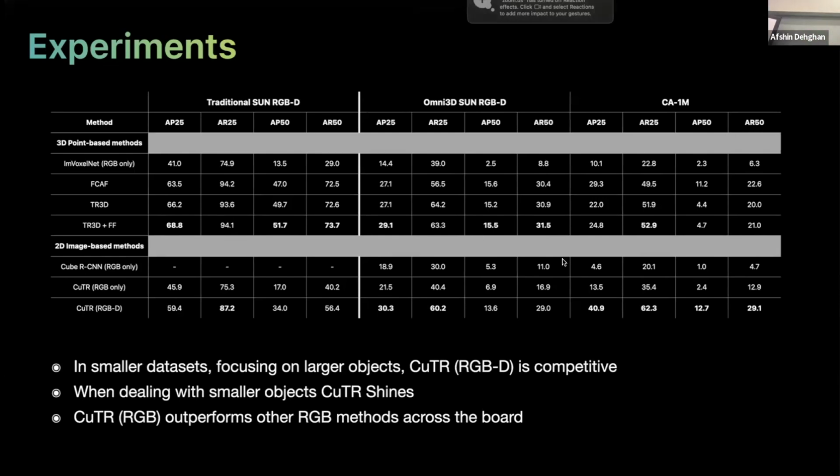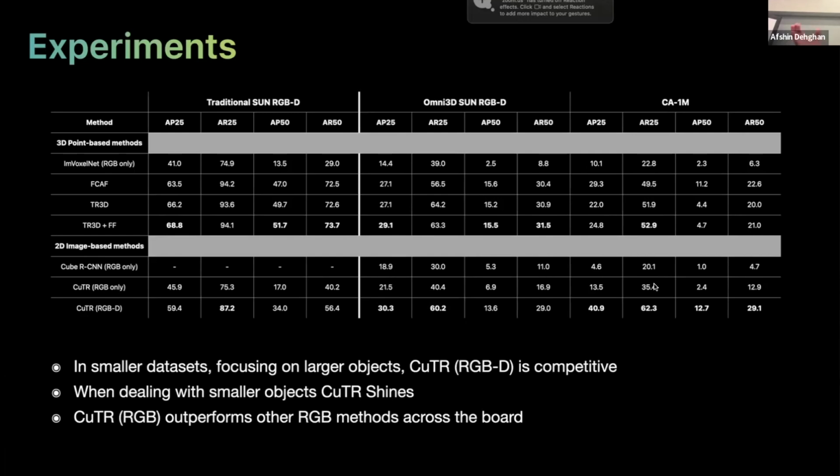Like here, we are adding more objects into the scene. It's 30-something classes, and small objects come into play. Now we are starting to see the limitations of some of these point cloud-based methods. You can see that the gap between CUTR, depth pipeline or RGBD, and the state-of-the-art methods starts getting smaller, and we even outperform them. And of course, when talking only about RGB, our pipeline is still doing much better than the best RGB